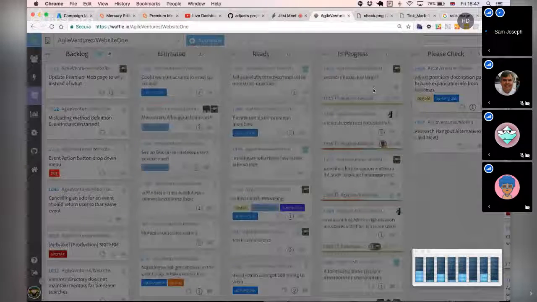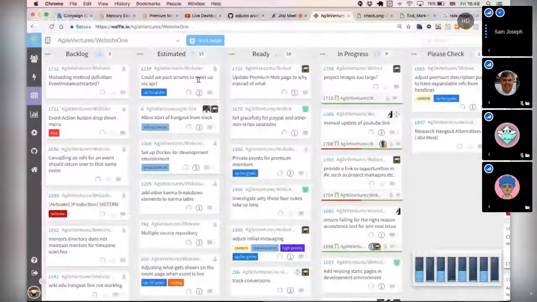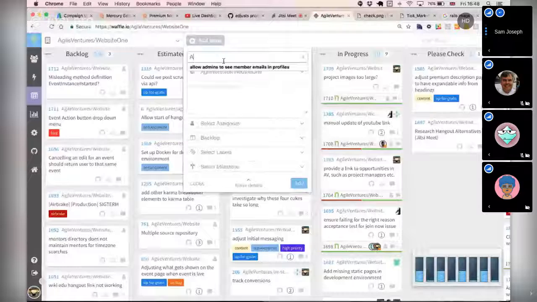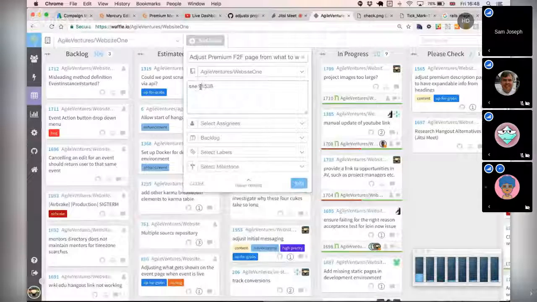So we've got that, and then we've got adjust premium FTF page from what to why. What was it? Number 1538. Yeah. It's pounds.